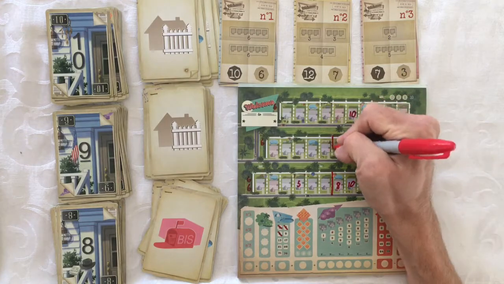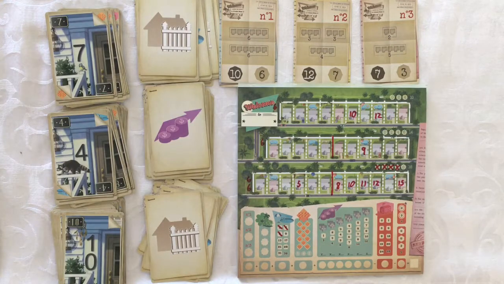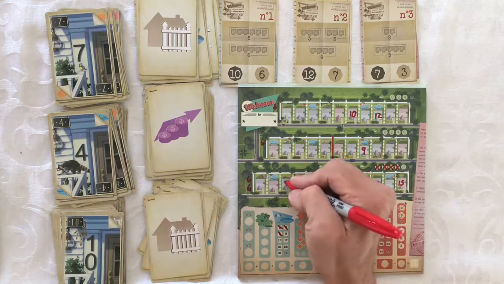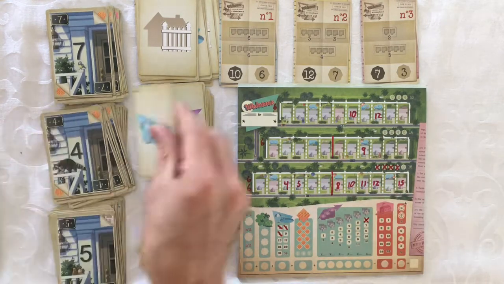This next decision offers us all fences and real estate agents. Now the 10 is an absolute no because it would lock us out of 10s too early in the game. The 7 and the 4 both play in the bottom row and they both play sequentially. So we'll take the 4 because we have 2 fences and no real estate agents and because it's furthest from